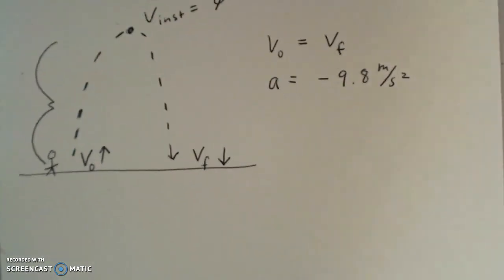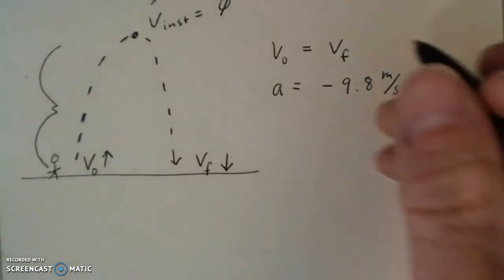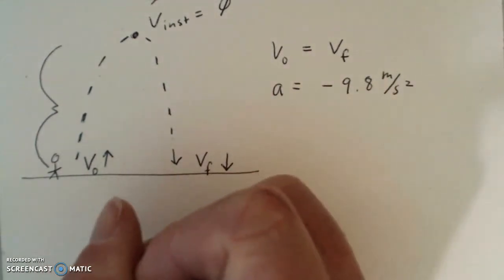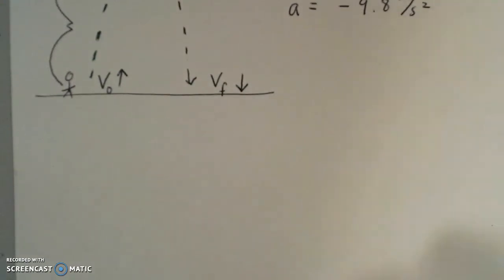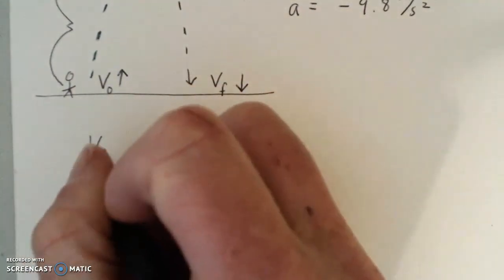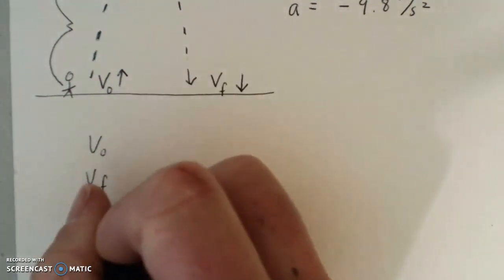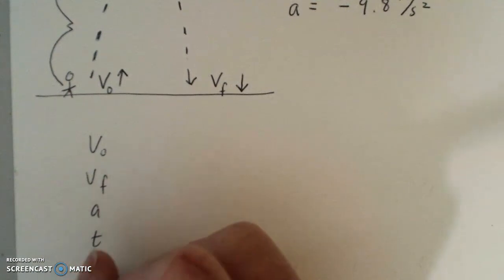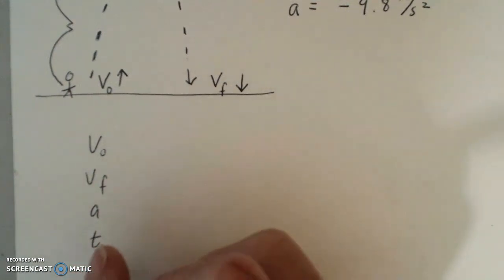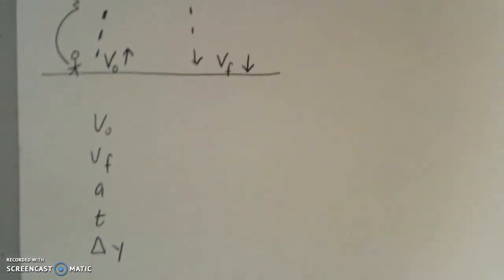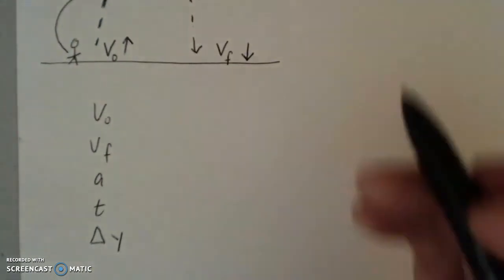Now, as we've talked about, to solve a kinematics problem, we have to have 3 of the 5 kinematic variables. So let's list them out. There's initial velocity, final velocity, acceleration, time, and then displacement. And for vertical motion, we'll write our change in y instead of our delta x, just since we're going straight